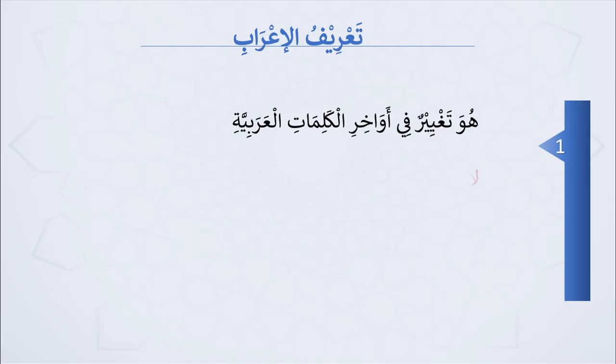So what is the definition of Al-Irob? Al-Irob simply means literally to make clear, to make something to be clear. So let's look at the technical meaning of Al-Irob. We say هو تغيير في أواخر الكلمات العربية. It is the change at the end of Arabic word